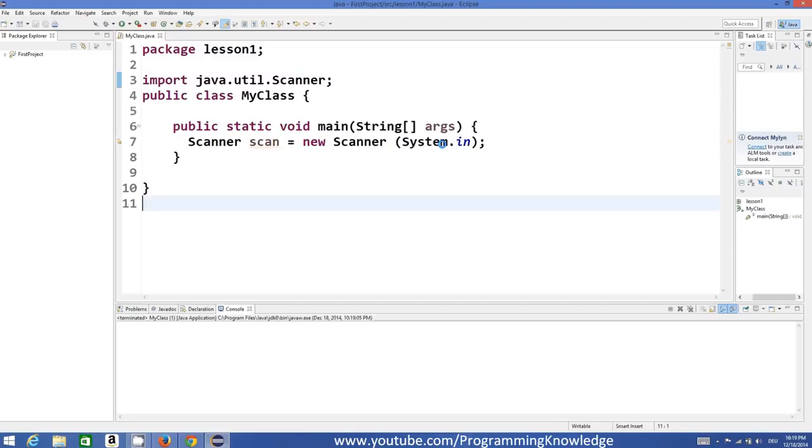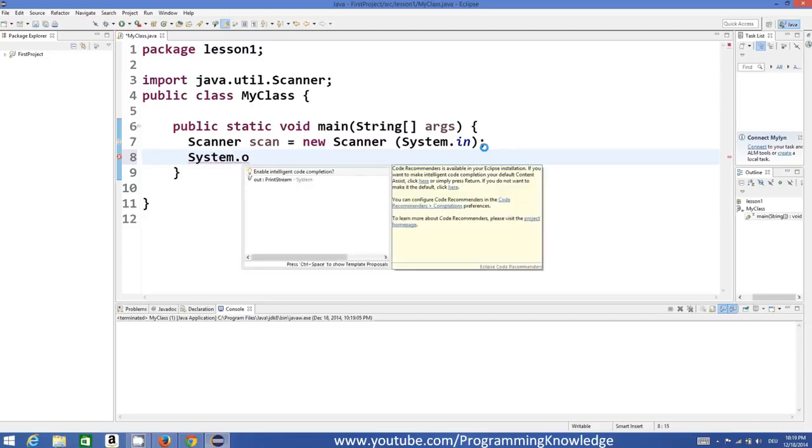Okay, now to show what input the user has given, you can tell a user that. So we will write System.out.println, and in the brackets we can ask the user to enter some number. Okay, and then